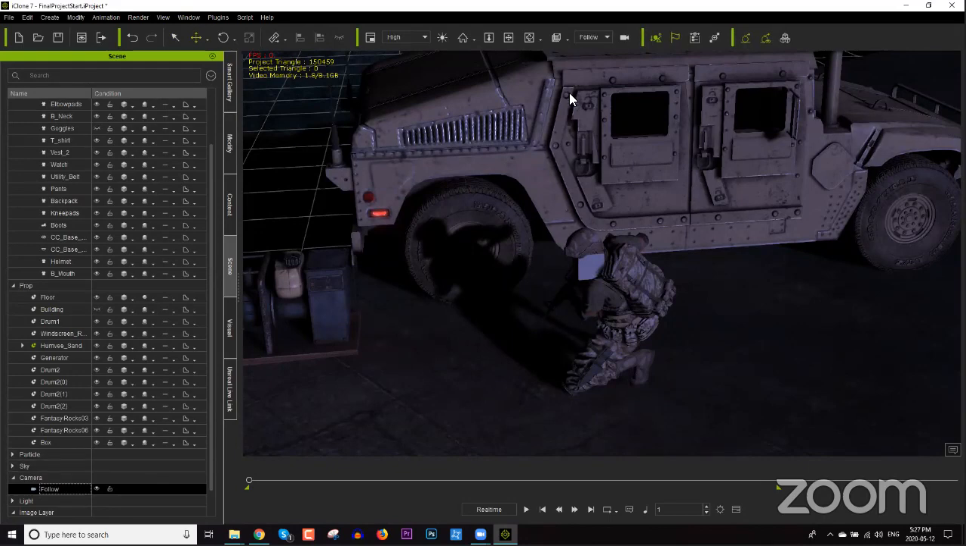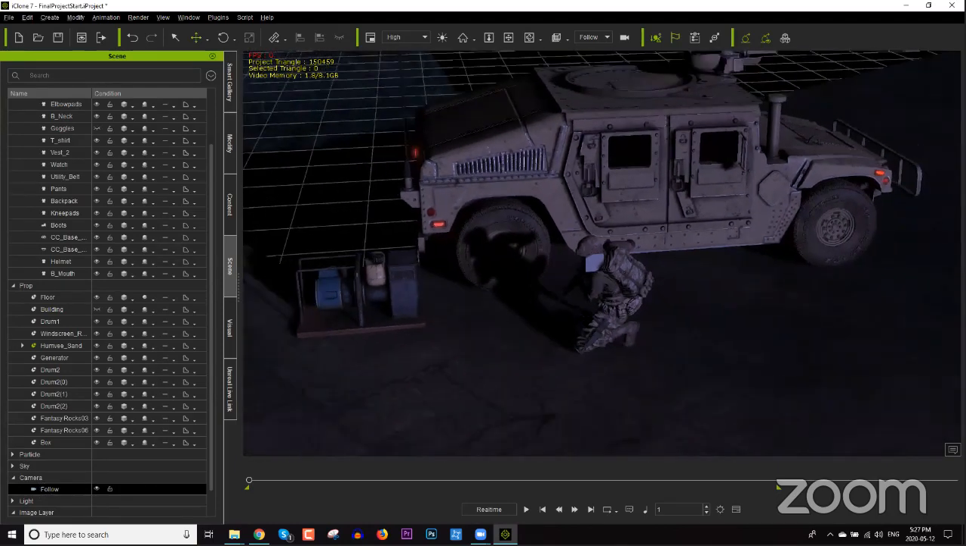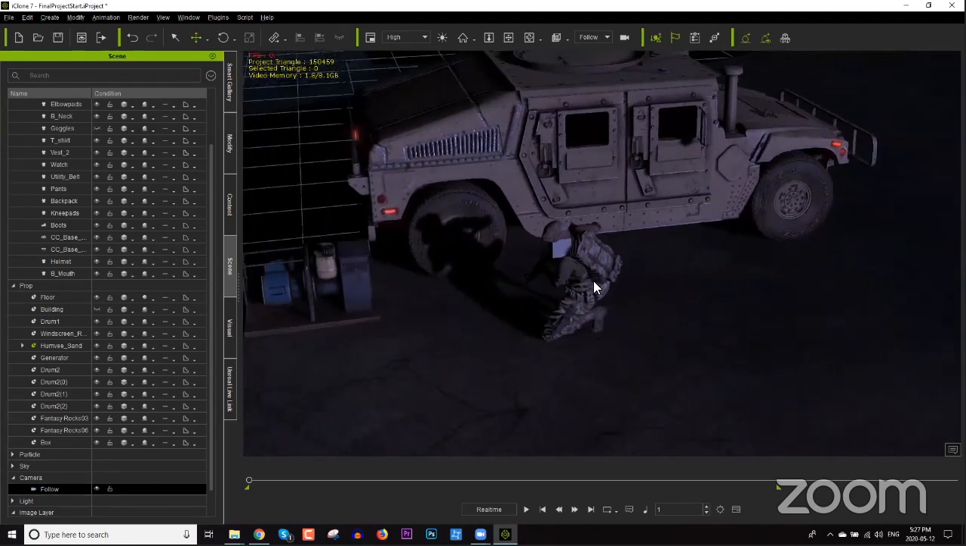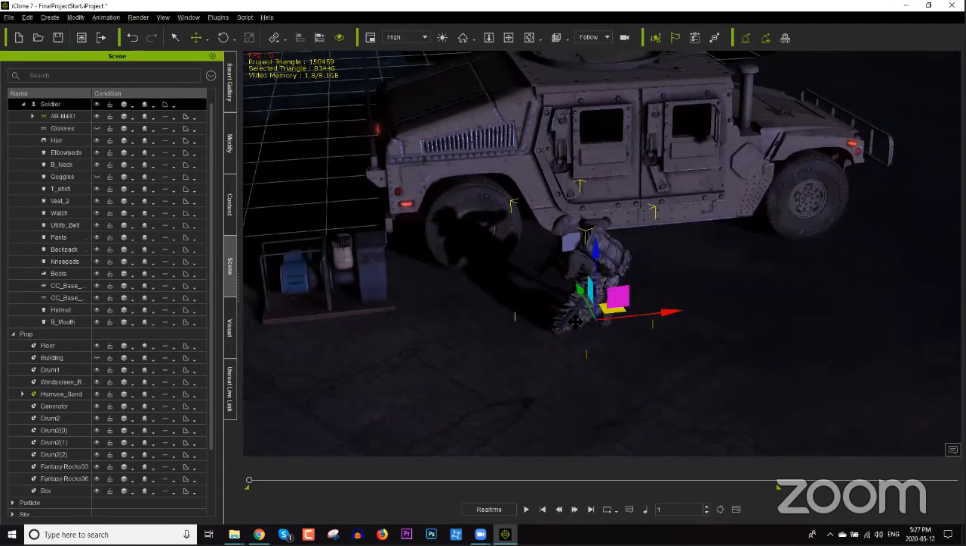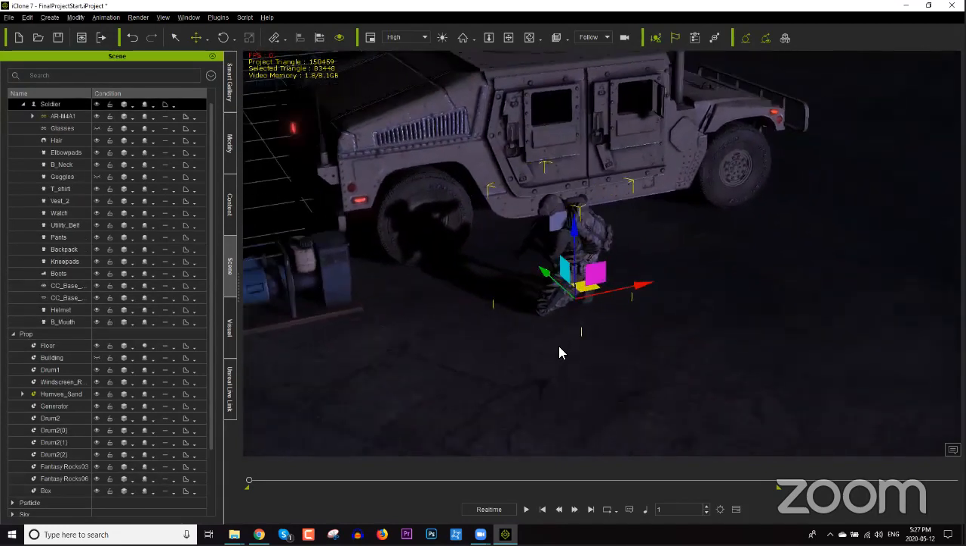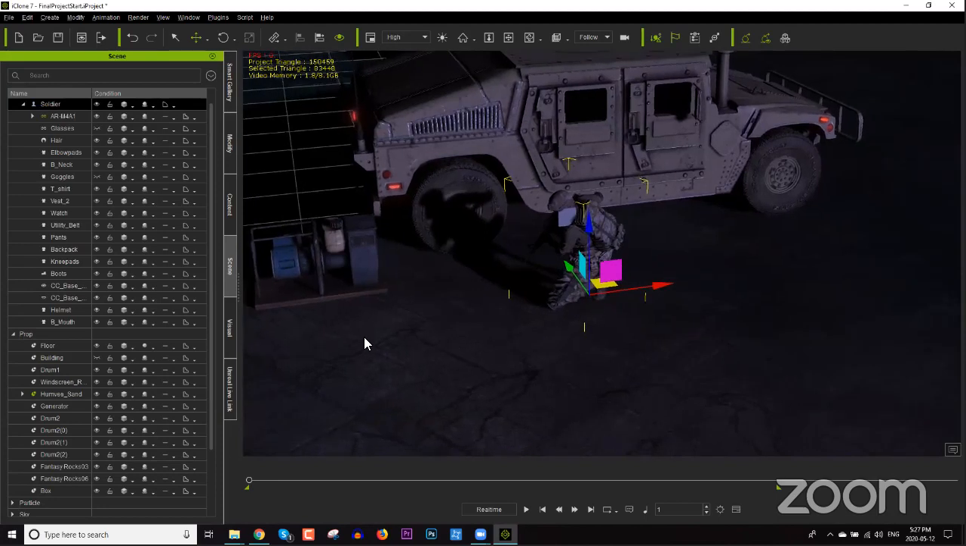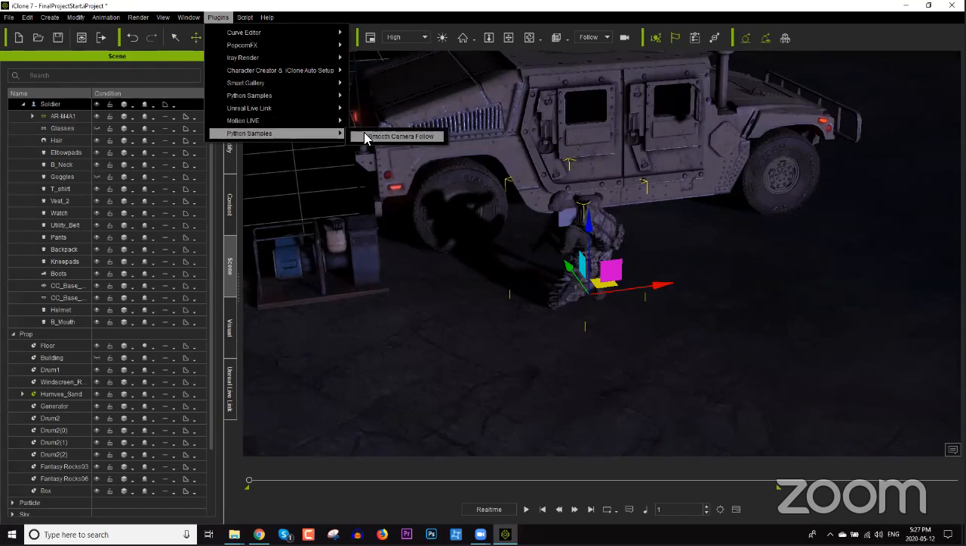And so right now we're piloting the follow camera. I'm just going to go to a distance like this, maybe a good sniper distance. Okay, we can click our character and use him as a rotation base. Then we're going to go up here to plugins, Python samples, and